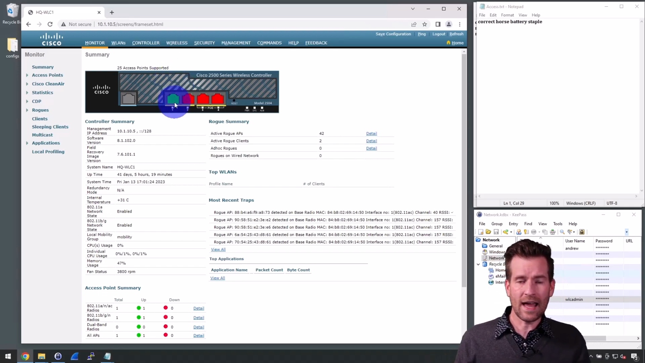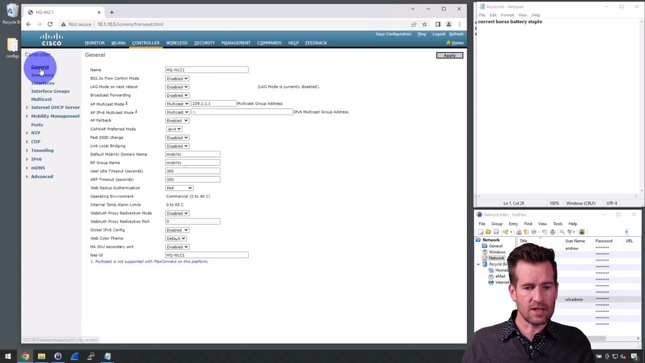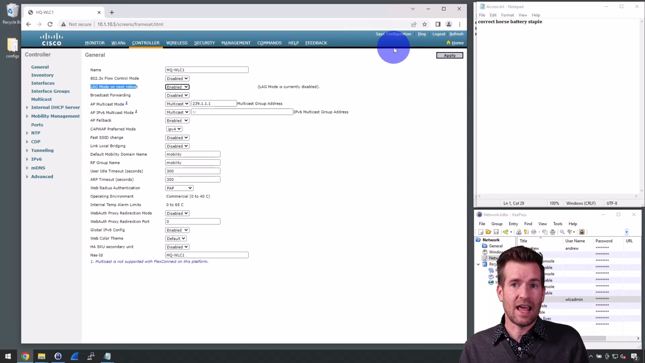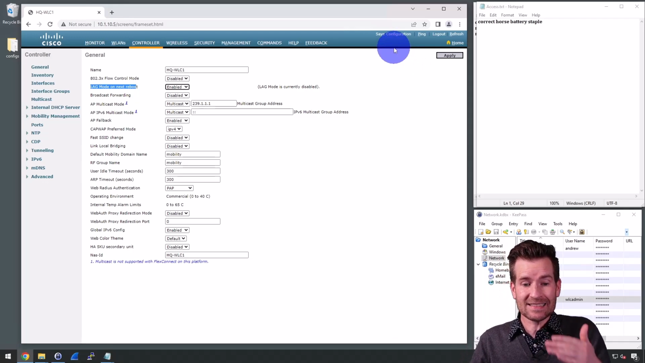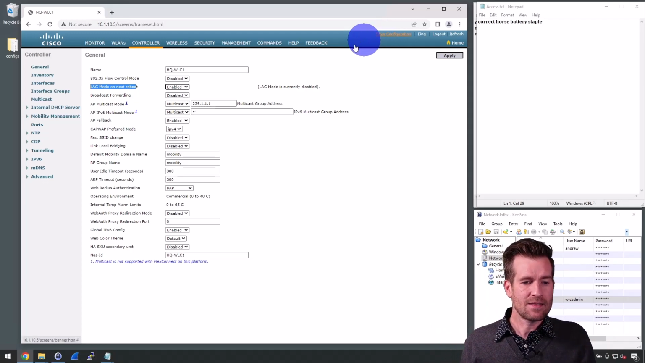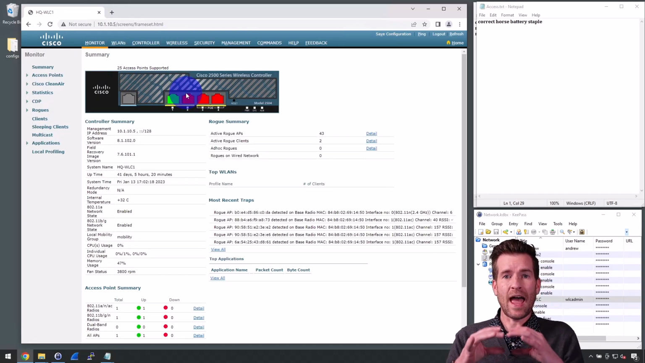To do that, I'm going to go under the controllers, under the general tab, which is automatically on here, and I see this LAG mode on next reboot. I can select enable, apply this, save the configuration and do a reboot. So the last thing that I need to make this happen is a reboot. Once this wireless LAN controller comes back up, these 4 ports will be linked together and will act as one